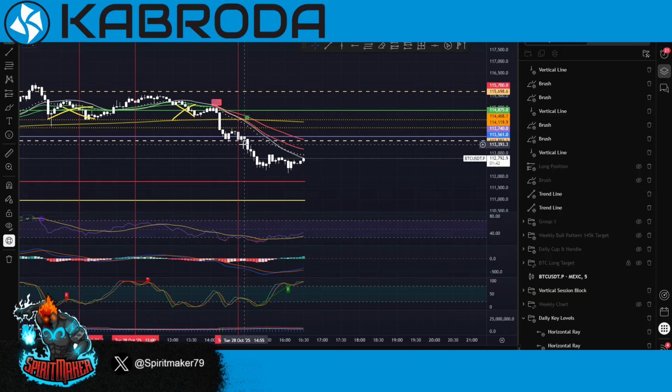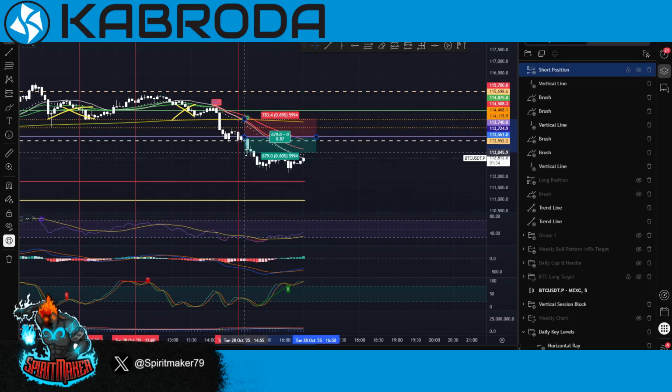It really wasn't the best trade. If you did decide to take it a little more aggressive because you got underneath this area, you could have got in somewhere right in here. And then of course,